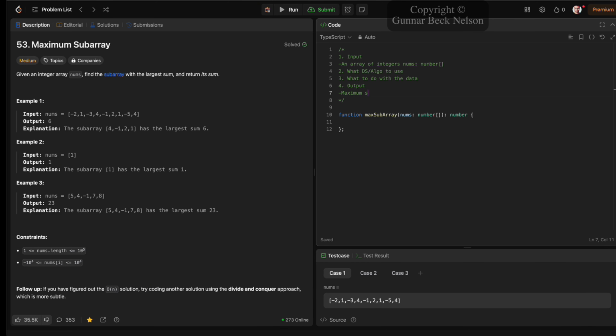maximum integer sum of combinations of different numbers in the array. Okay, so pretty self-explanatory, and there is a unique technique that we're going to be doing. It's going to be Kadane's algorithm,